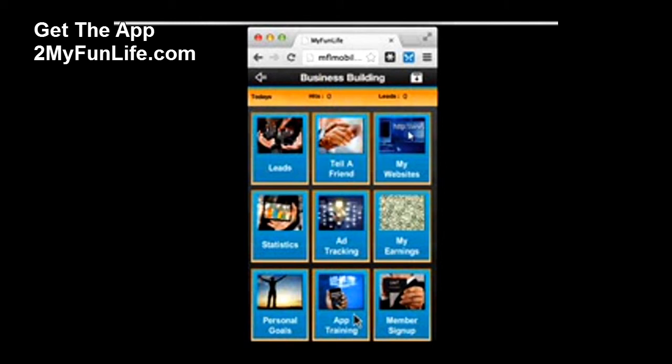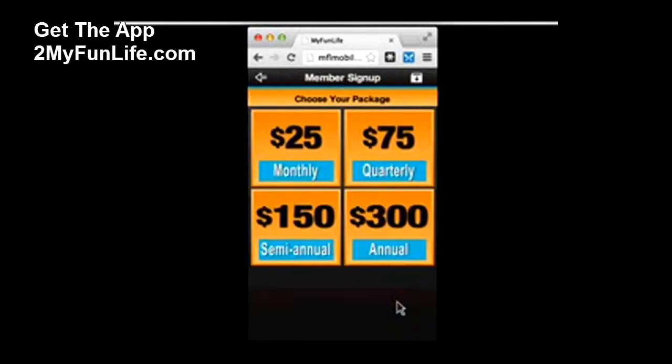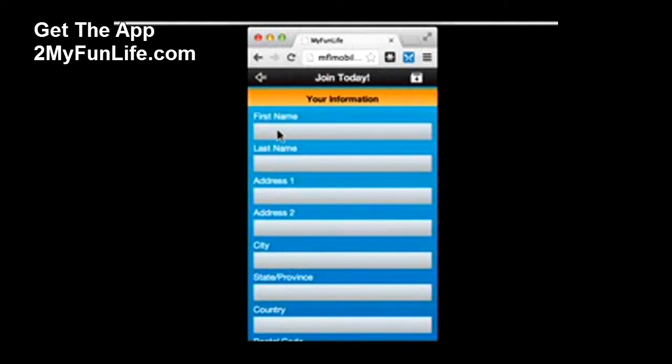Now, I saved the best for last, guys. This is awesome. Let's go in here. Look at this member sign up. Yes, you'll have the ability to show them the videos, go through the compensation plan, show them all the awesome stuff that we have on our mobile app, and then, yes, actually sign them up through your app. All right? Let me choose this monthly, and I'm just going to plug some stuff in here real quick just to get down the page. And I want to show you guys